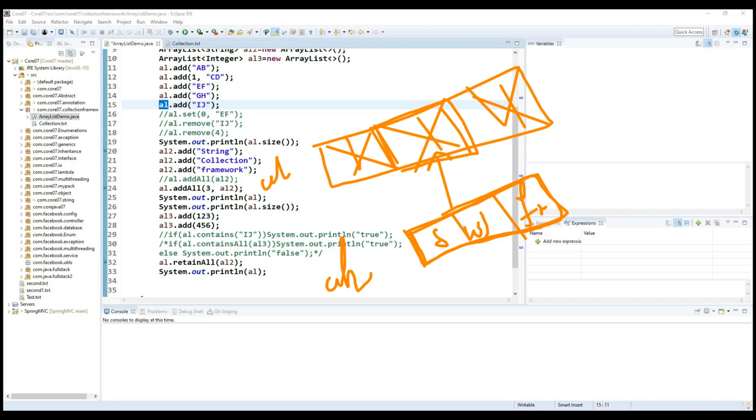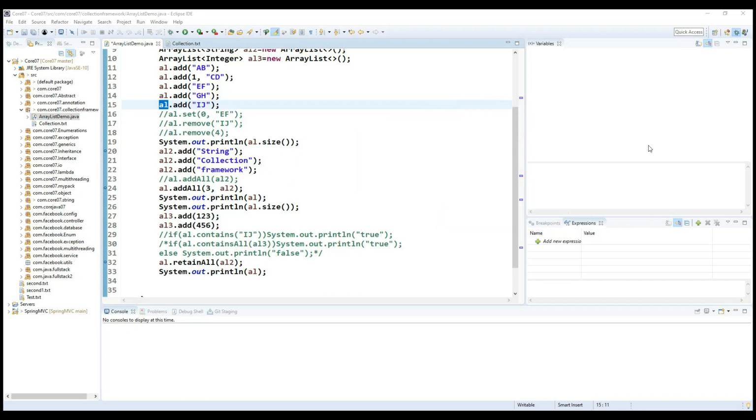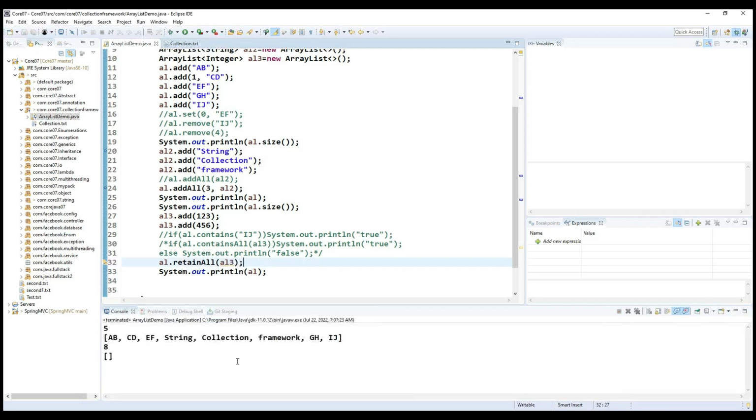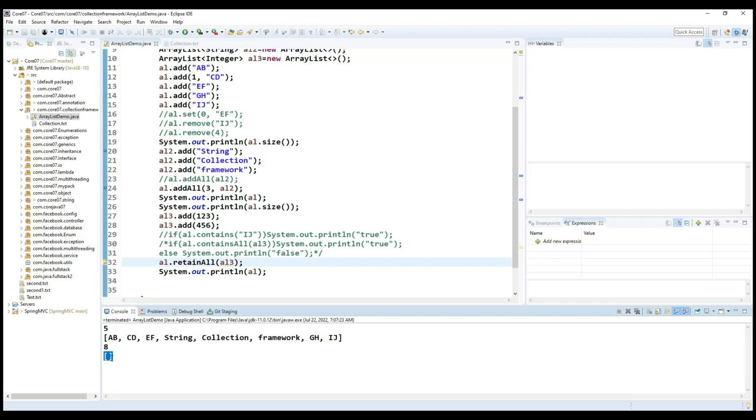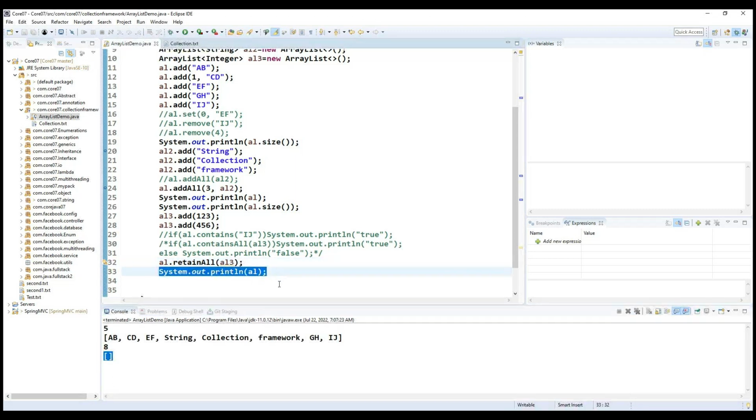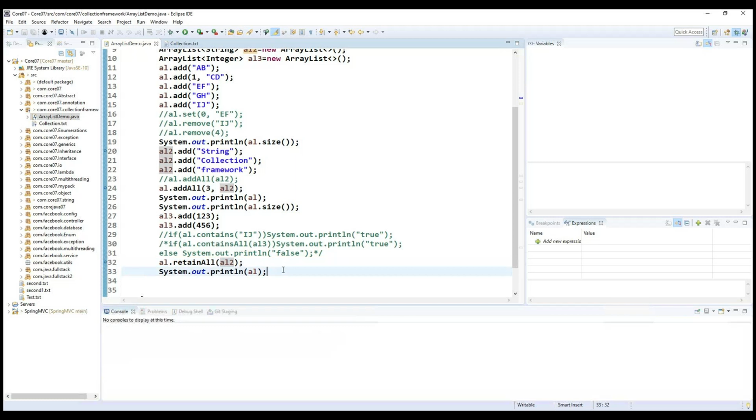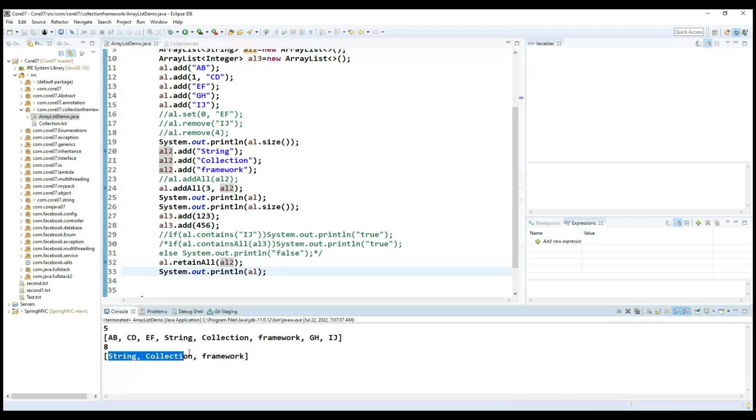For example, here instead of this AL2, I will pass AL3. Here I'm passing AL3. Now you can see if I try to print this last statement, we are getting empty. Okay, empty we are getting. Now if you observe carefully one more time, I'm trying to add AL2. Whenever I add this AL2, now we have three objects. So why are we getting three objects? Because here we are doing